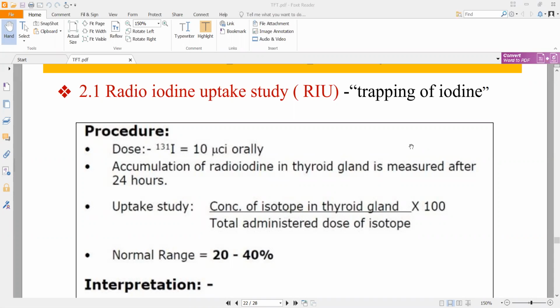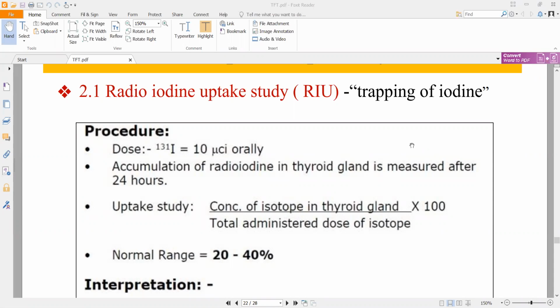Here you are checking how much iodine your thyroid is able to take inside so that it can form thyroid hormones. The basic information is that your thyroid gland needs iodine to make thyroid hormones. If iodine is not present, you will not get any thyroid hormone. If your thyroid gland is functioning normally, it should be able to take up the iodine and form T3 and T4, right? What you are checking here is whether or not your thyroid gland is working properly.